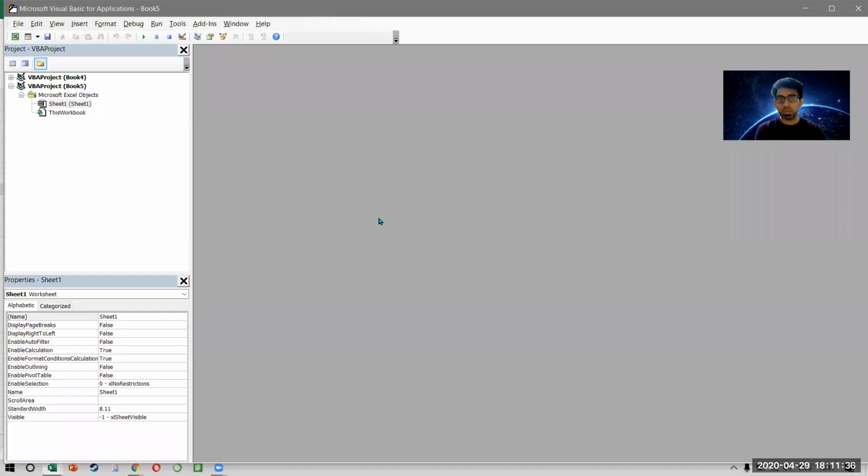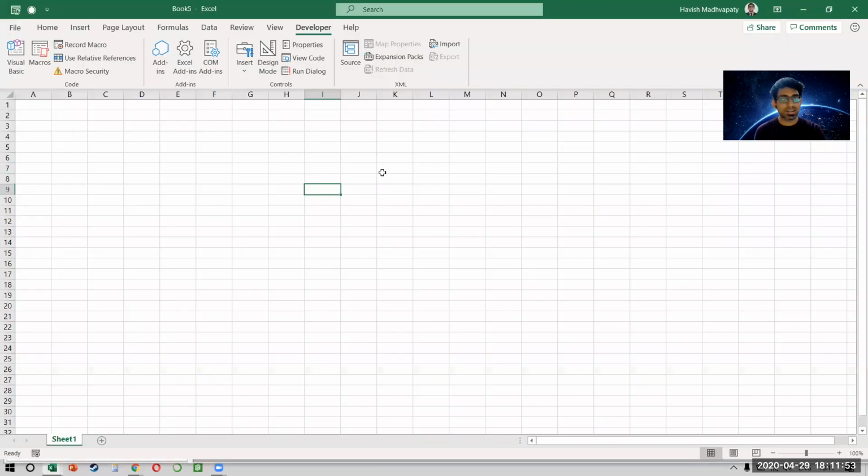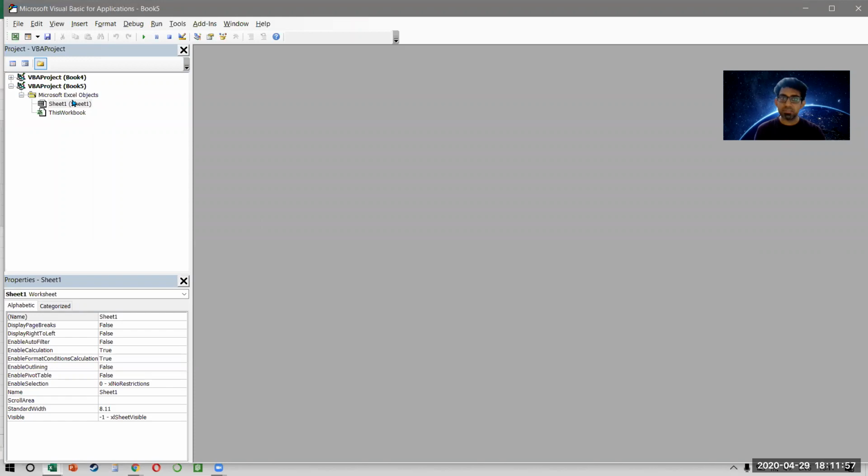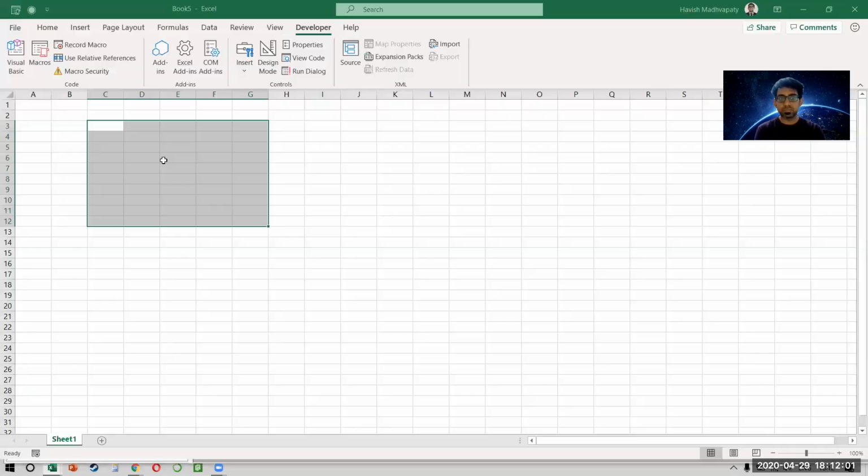To do that, I'll have to open my Visual Basic IDE. It says Microsoft Visual Basic for Applications. So that's where the name comes from, VBA, which is Visual Basic for Applications. Now you notice that I can work on my Excel and my VB IDE at the same time. If I press Alt Tab, I can see my Excel, and at the same time, I can see my Visual Basic window as well. So I can work on them parallelly or concurrently, right?